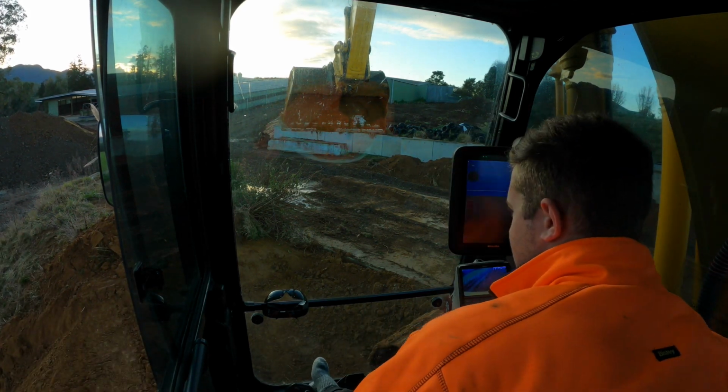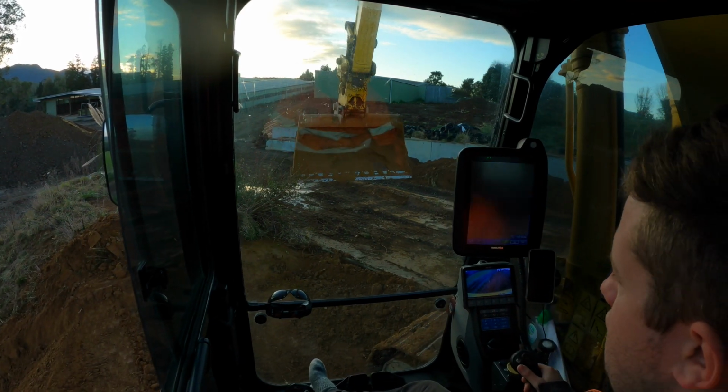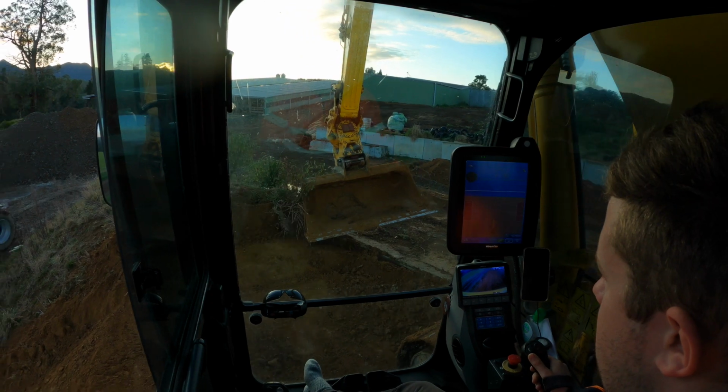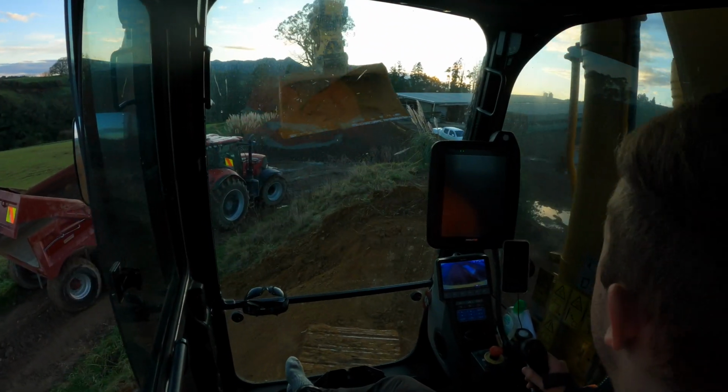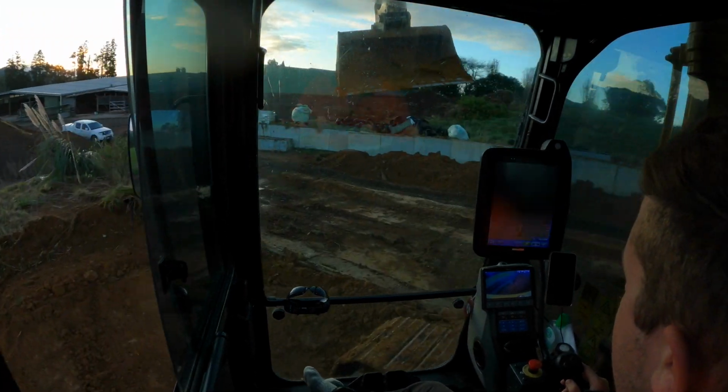Morning, taking the 210 today. Don't have the tractor going today, it's parked up just there. But I'm on the final row